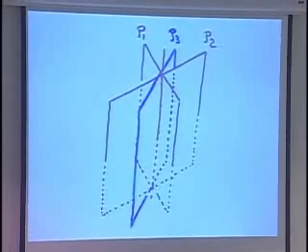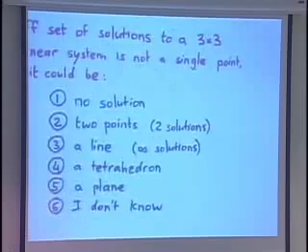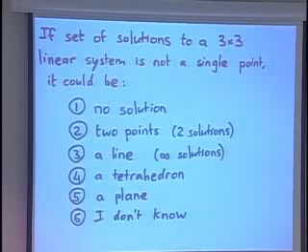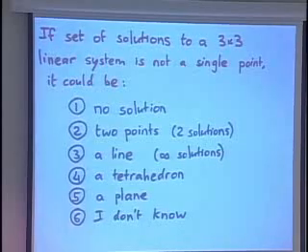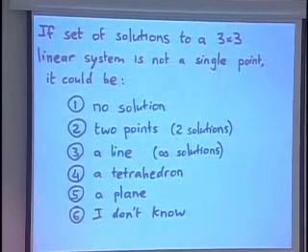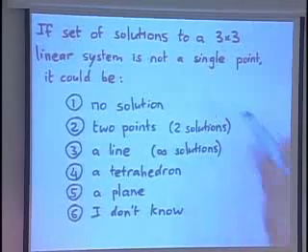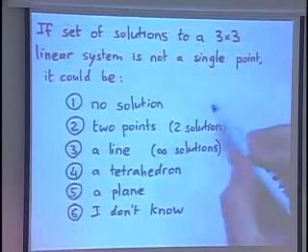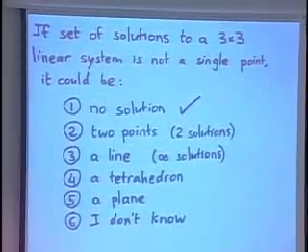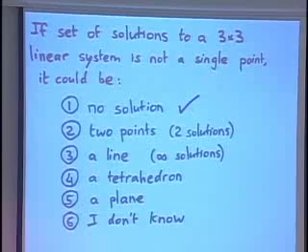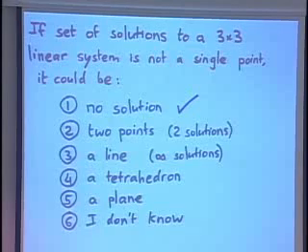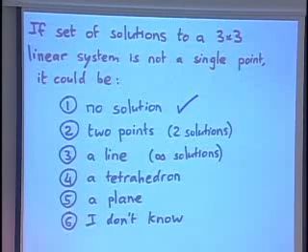Okay, so going back to our list of possibilities, let's see what can happen. No solution: we've seen that happens when the line where the first two planes intersect is parallel to the third one. That exists. Two points, well, that didn't come up. Okay, and as I said, the problem is if the line of intersection of the first two planes actually has